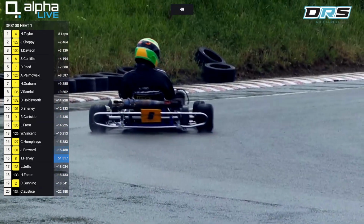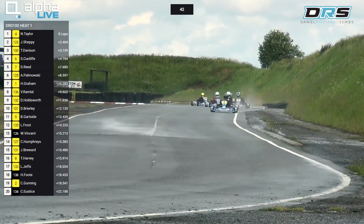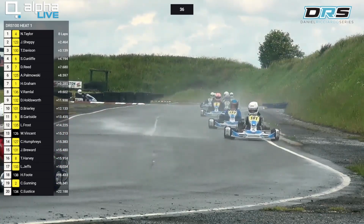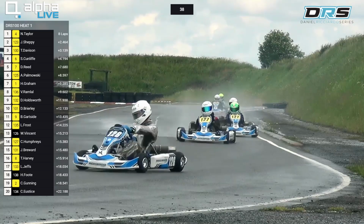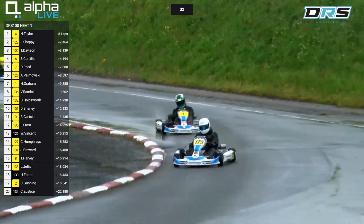There's Cunliffe in 4th place, chasing down Thomas Davison as they head up the straight towards the Bruno chicane. You can see there Cunliffe deviating from the racing line, so he's trying to cool the wet tyres down. You see drivers doing that for no apparent reason. Obviously the track is beginning to dry out in parts, and he is now trying to just cool the tyres down ever so slightly. 30 seconds to go